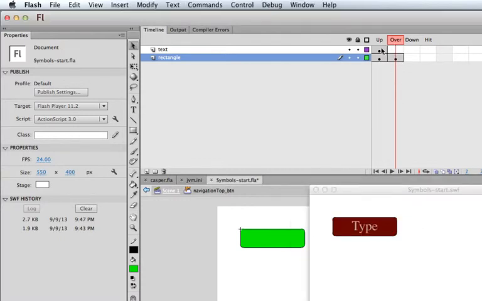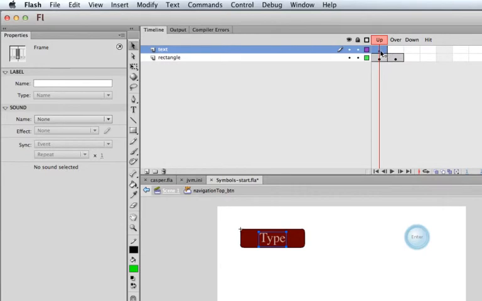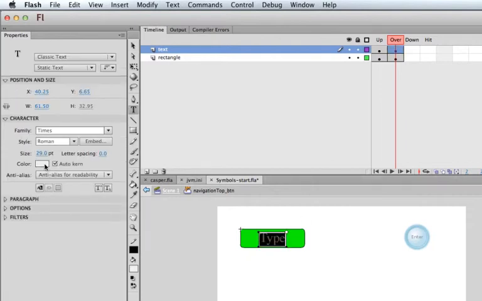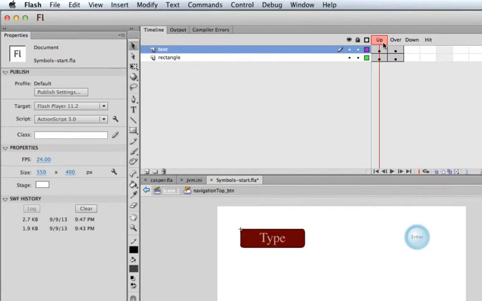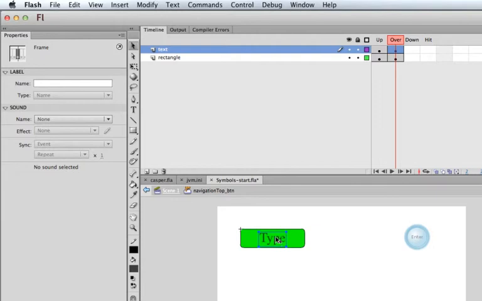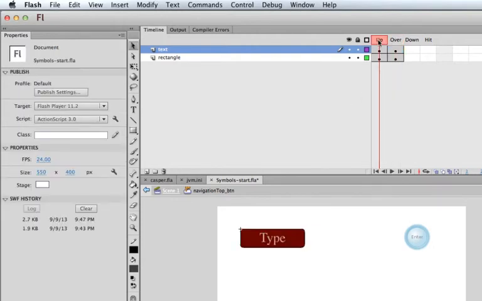If I want the type to stay there, what I'm going to do is Option drag the text keyframe from the up and duplicate it to the over. And maybe I'm going to change the type color from white to black so I can still read it. Now remember, any time that you see a new keyframe, so that's got the dark circle with the gray, that's a new piece of artwork. So the up, even though we made a duplicate of it, we just did that for position, we can actually change the color of that keyframed piece of art to the black. So we got up and over,